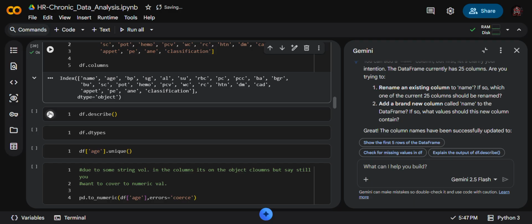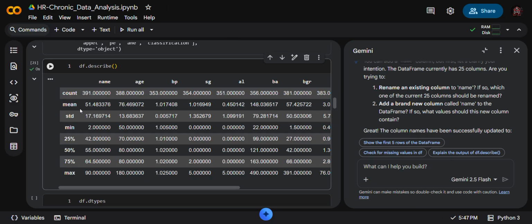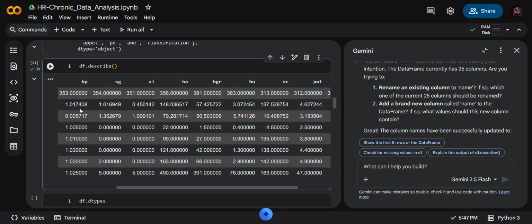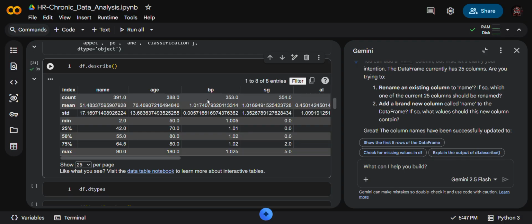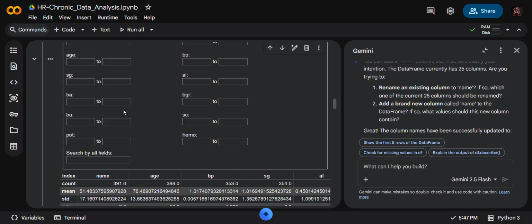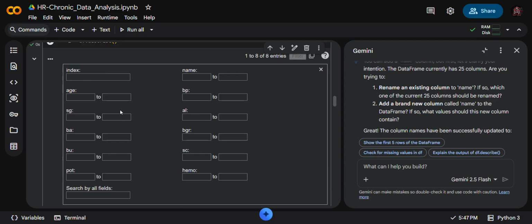Now describe shows what you have in the columns, and that's now available here. You can filter by clicking on the right side, and in the filter you can put whatever information you want, like age, sugar level, BP and name.